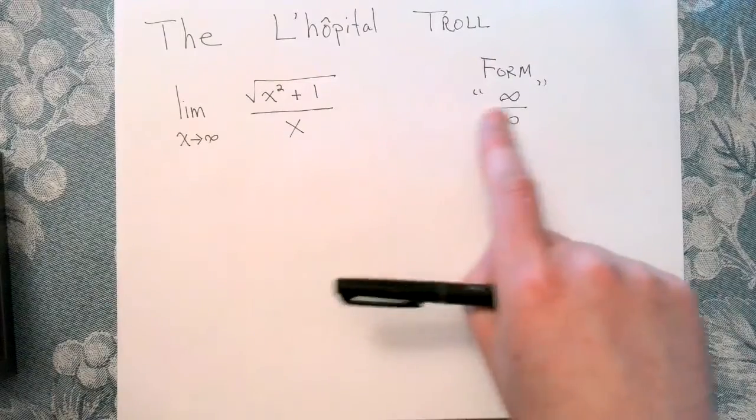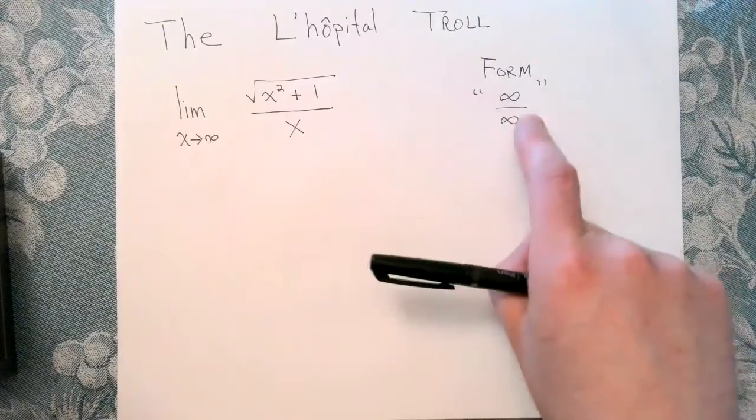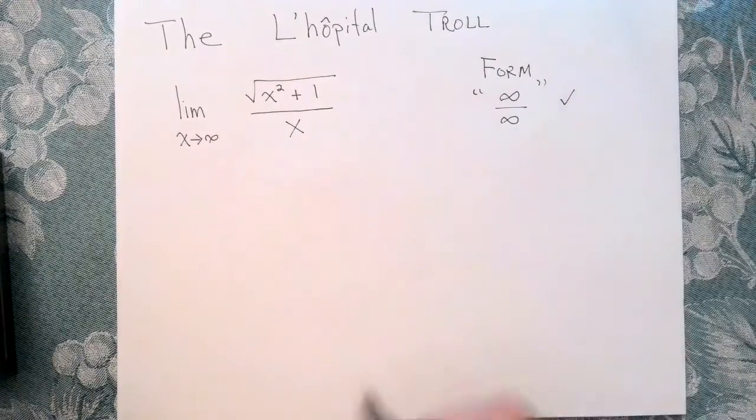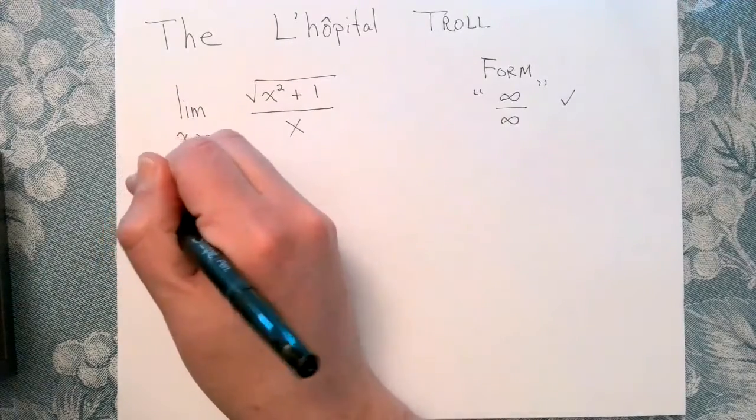So notice that I write the form on the side. I don't say that this is equal to infinity over infinity. It's certainly not, but that's the form that it's in. And so I'm going to just check this. So this is in an appropriate L'Hopital's form. So I'm going to say this is equal to, by L'Hopital's rule,